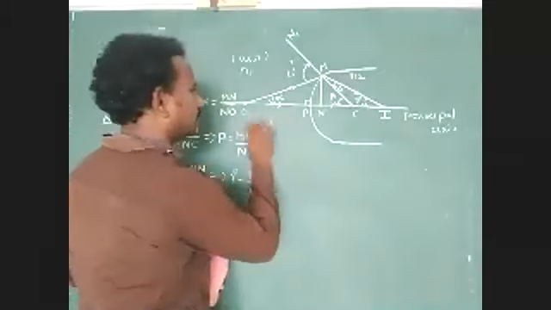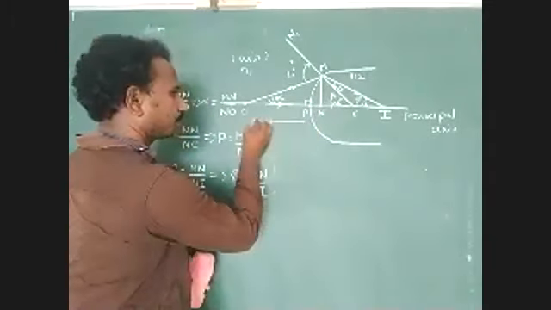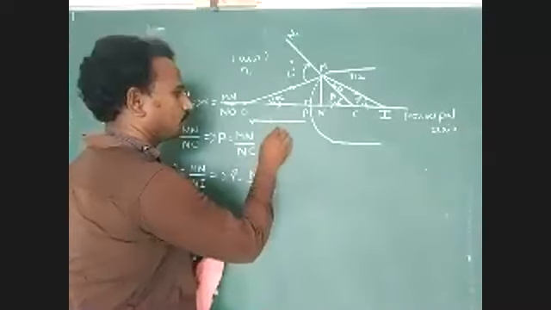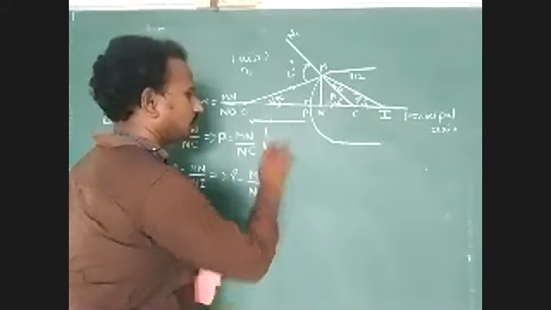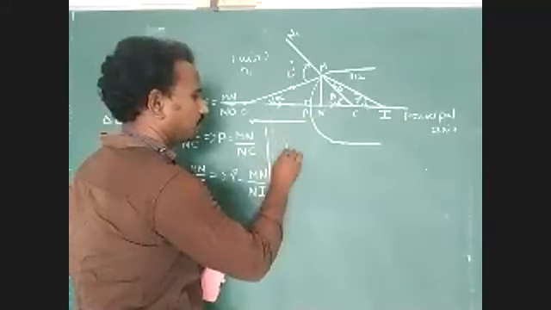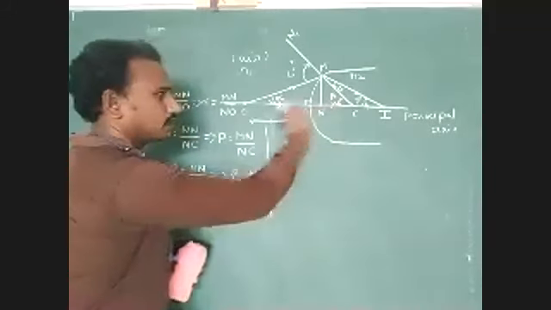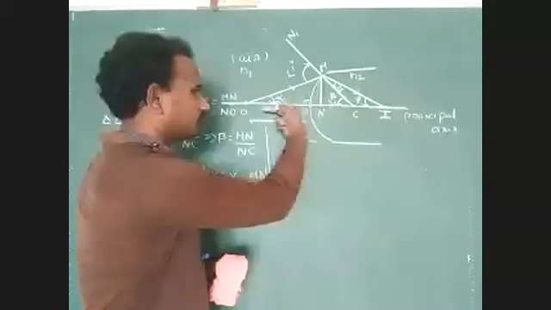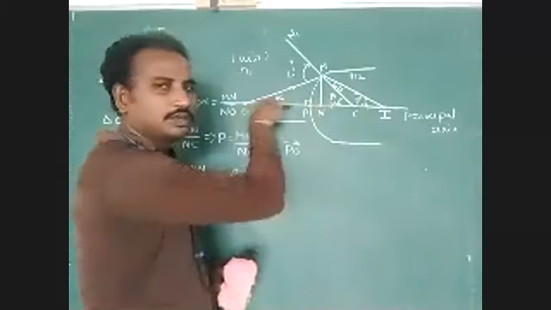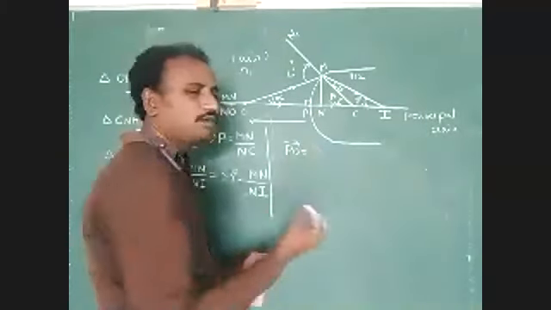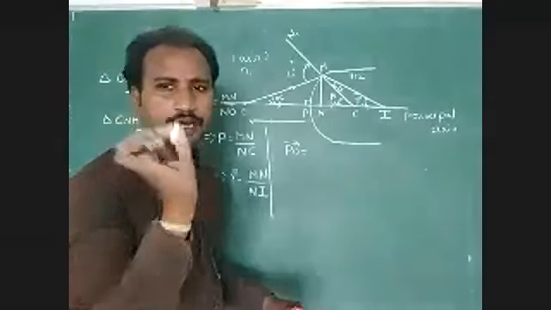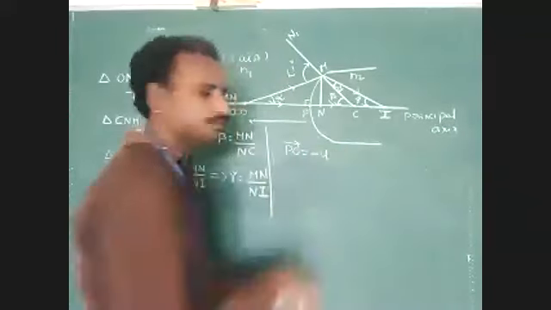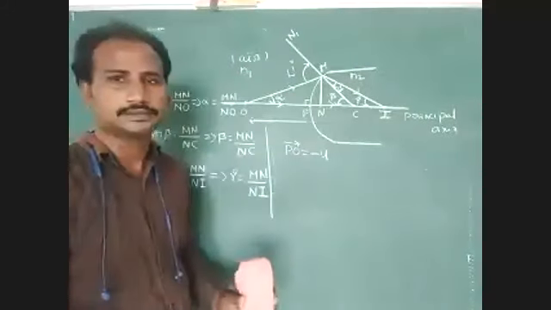Just find out the object distance from pole to object. What is the object distance? PO. Yes or no? Here, identify pole to object, PO bar. Its direction is opposite to the incident ray direction. Then we have to give the sign convention: the opposite direction is minus u. Understood? This is a very important point.